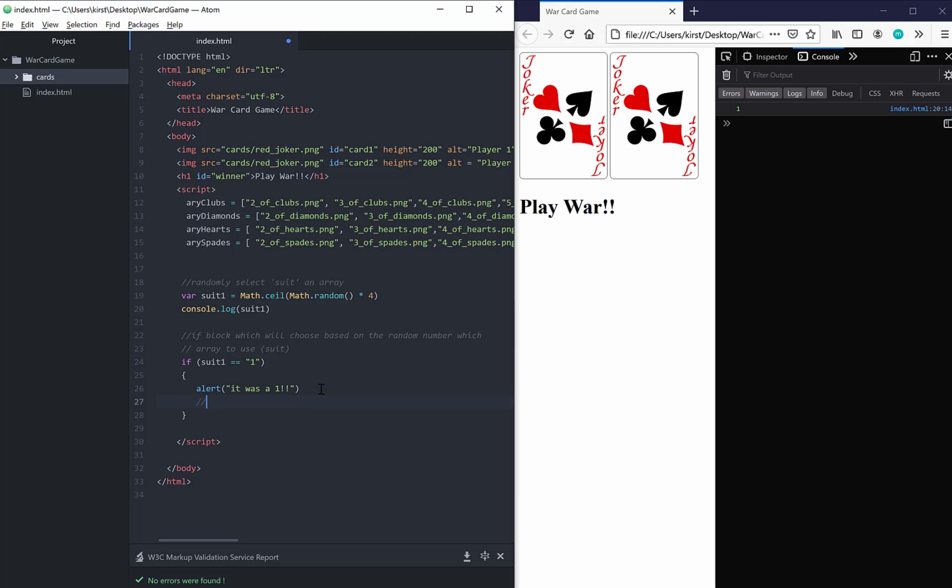What I know here is that if it's a 1, use the array of clubs. So clubs was chosen. Hope that makes sense. I'm going to continue on with my if block for the rest of my conditions. Else if